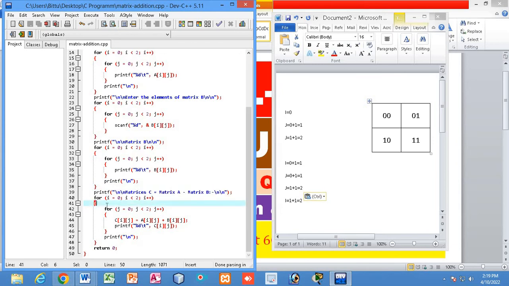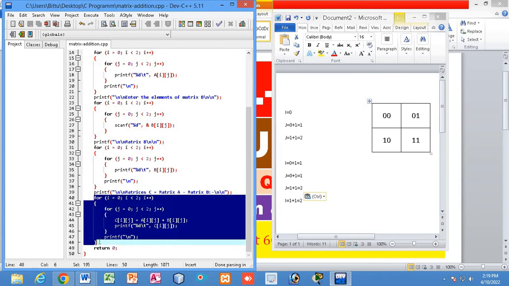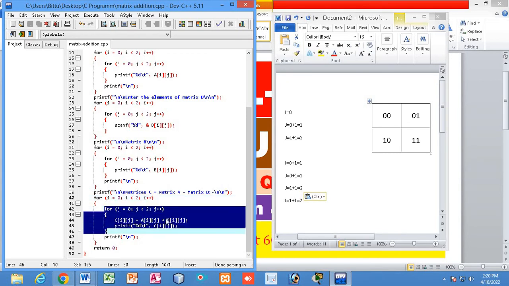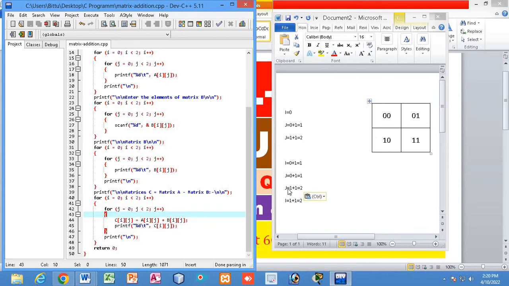How will matrix C be printed? See, here I have taken two for loops, right? In the first for loop, same rules: I will be 0 until I is less than 2, and I will be incremented. So this loop will operate once, and once this loop operates, the inner loop will operate twice. That means each time this loop operates, it will add the value. So the value of matrix C will be